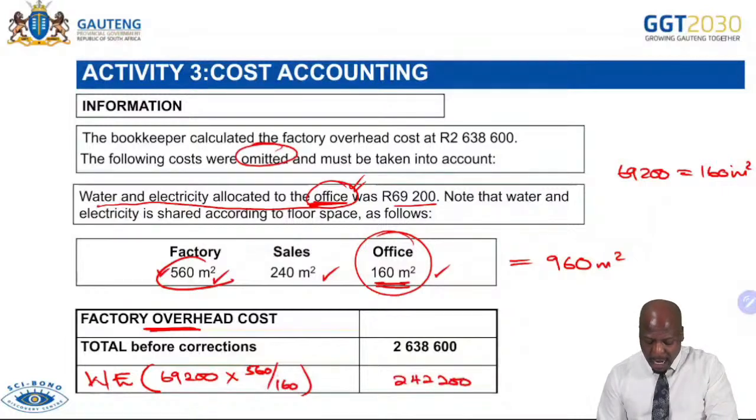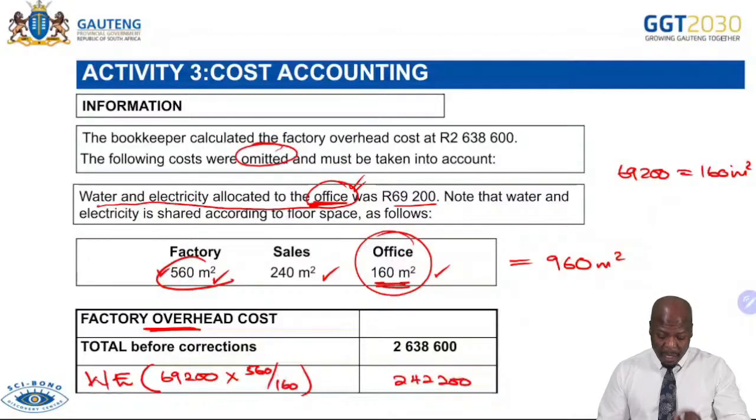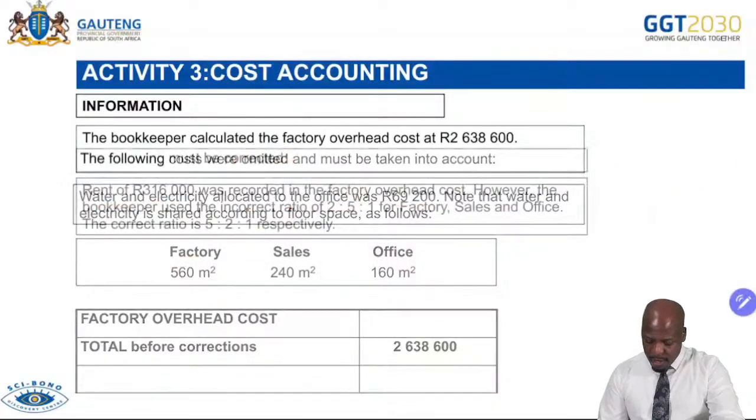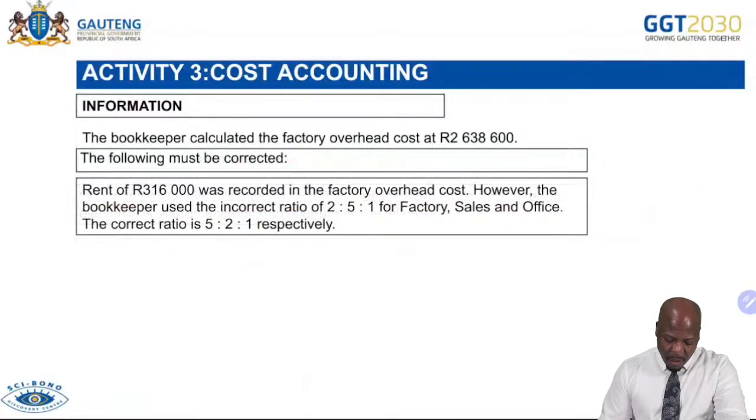242,200. That becomes the water and electricity. Okay, I'm going to move on. The key aspect was for you to know that the amount that was recorded was for the office. Okay, we're going to move on to the next one. The next one then reads,